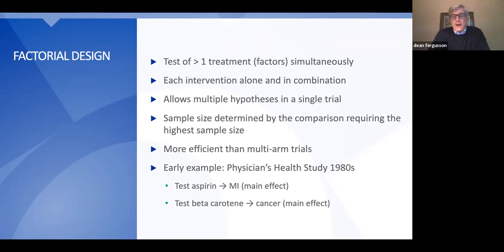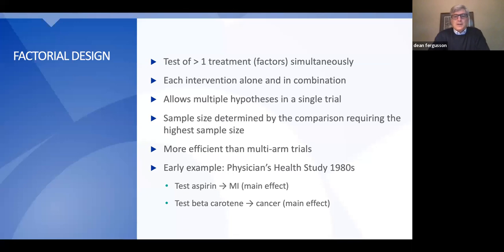So if you have two factors, treatment A and treatment B, and treatment A versus control determines the highest sample size, that determines the sample size of the factorial trial. You'll see more in a couple of slides. And like I say, the factorial design, by simultaneously randomizing to more than one treatment, is actually much more efficient